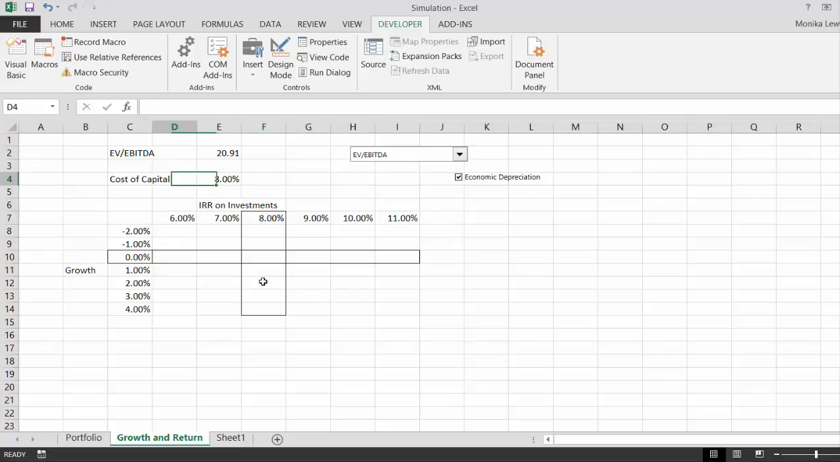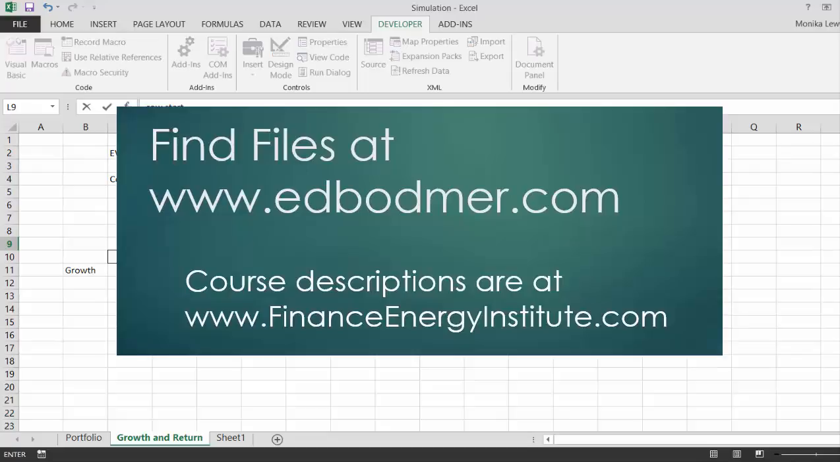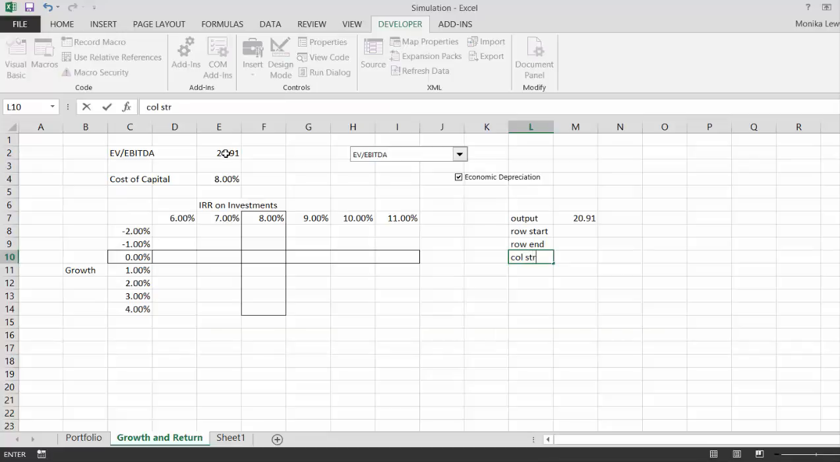Okay, and now to make this, we should make a few range names. So we'll make an output up here. We'll make the row start. We don't really need to make that capital letter on the row end. I'm really a little upset that you have to watch all this column start, because I'm trying to